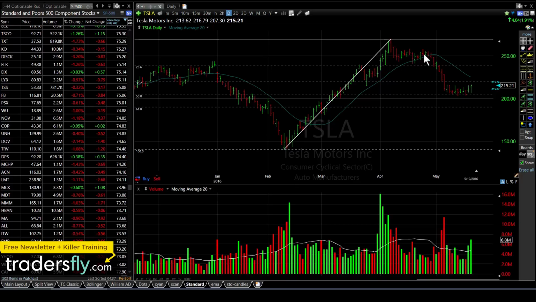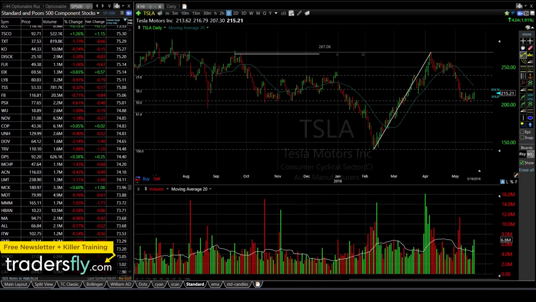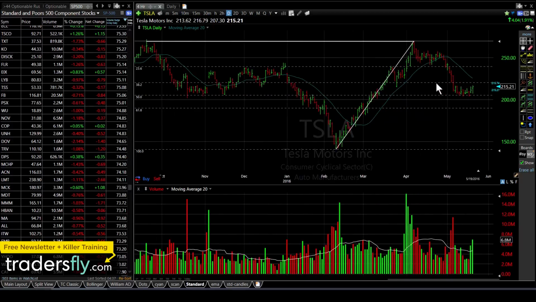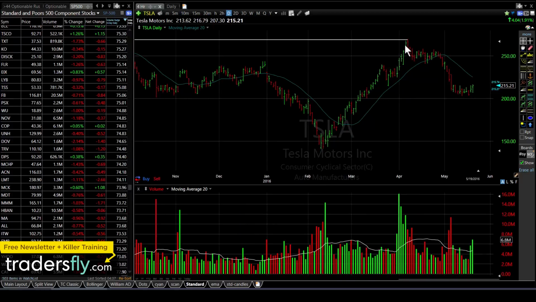Now, with this stock, you're also paying attention to how far it is coming in and how fast it is coming in to these levels, because we know stocks are like rubber bands. I'm watching these highs. It came into these levels and rejected, so it's going to be a rubber band. We also know that it's further away from this moving average, so we know it's going to snap back. And how much is it going to snap back? How far did it accelerate? Is it accelerated at like an 80-degree angle, a 40-degree angle, maybe a 30-degree angle?